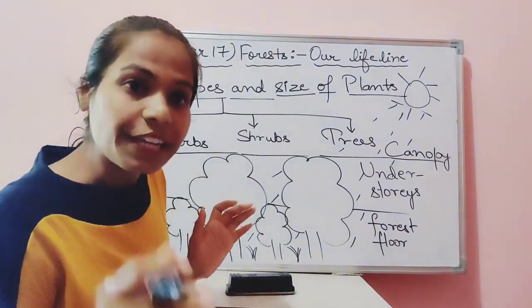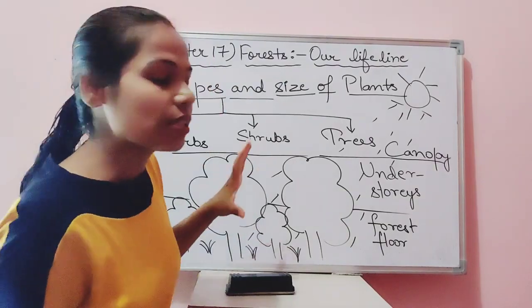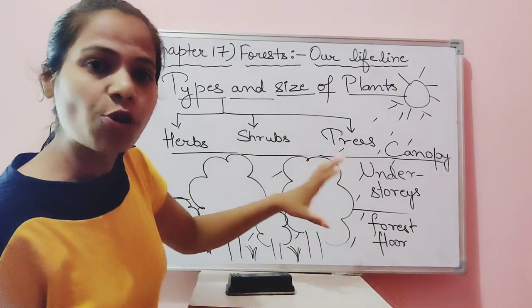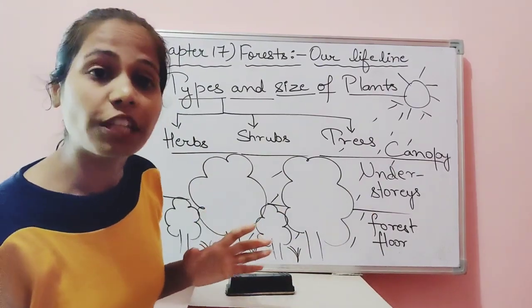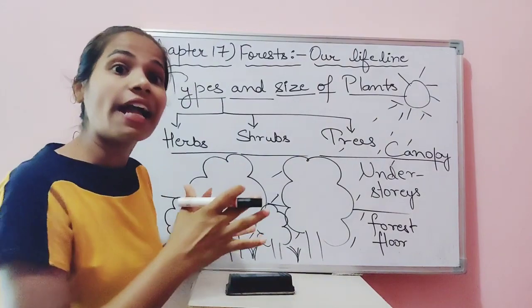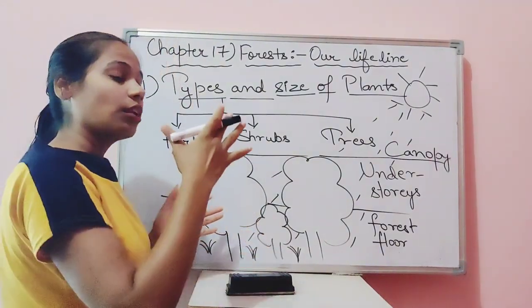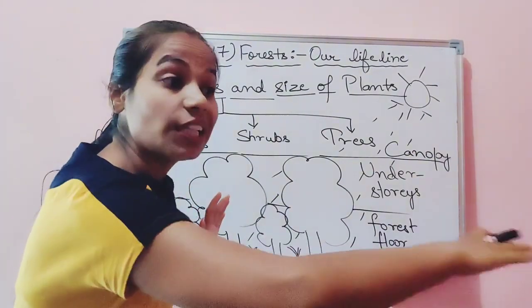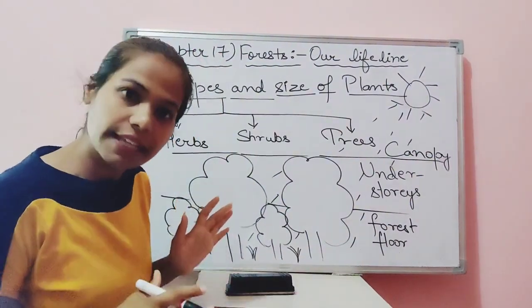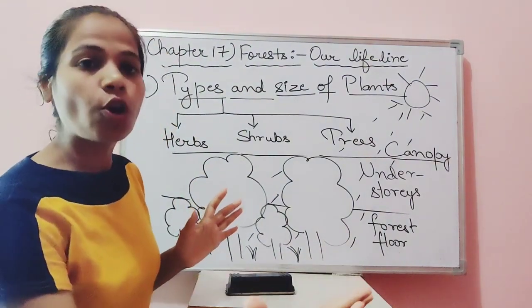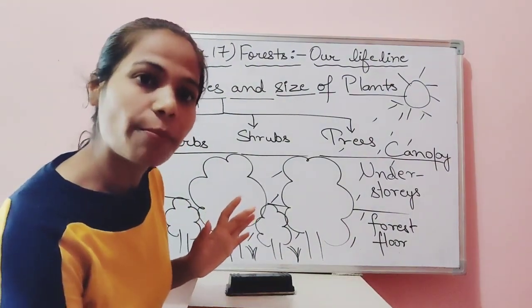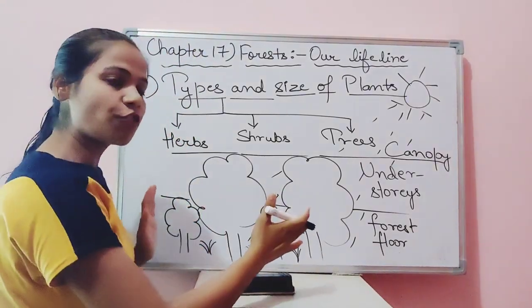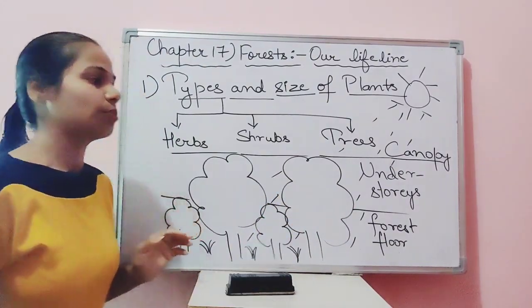Also, whenever the animals graze or roam around in the forest, with the help of their feet and their fecal matter, the seedlings get spread over a large area of the forest. Hence, this gives germination to a new generation of plants and saplings. This is it for the topic. Thank you.